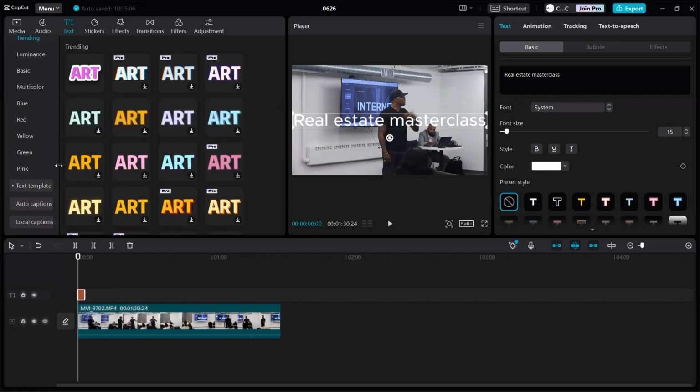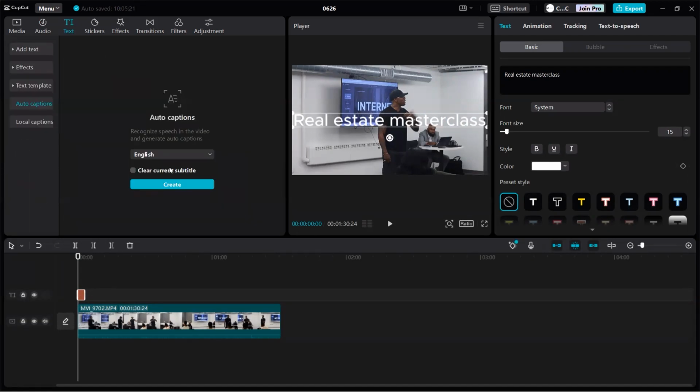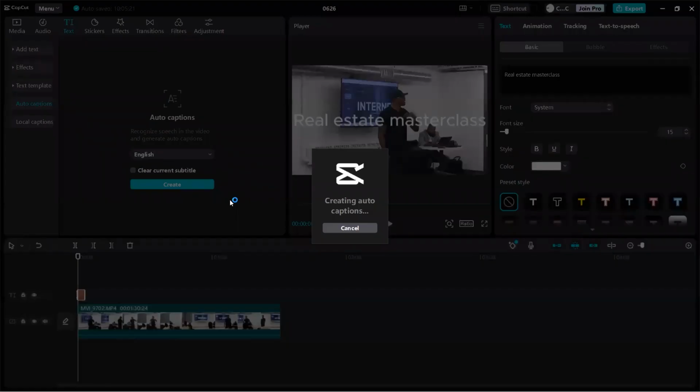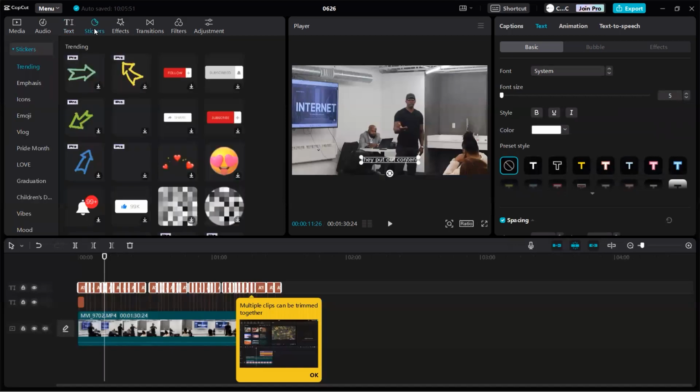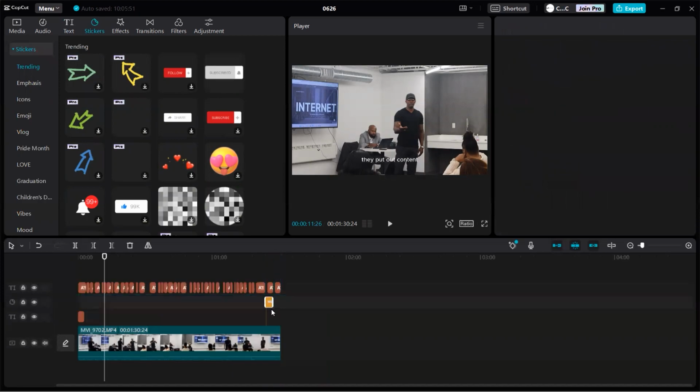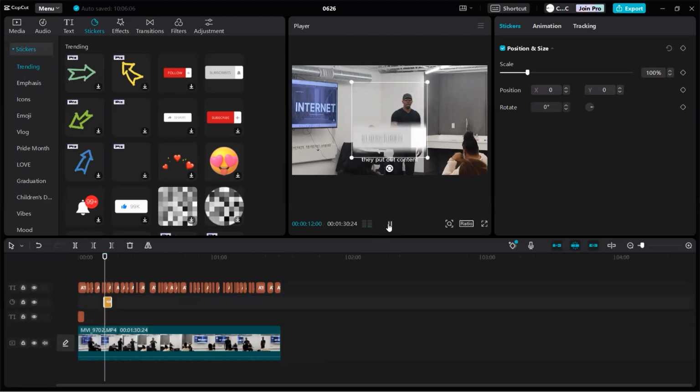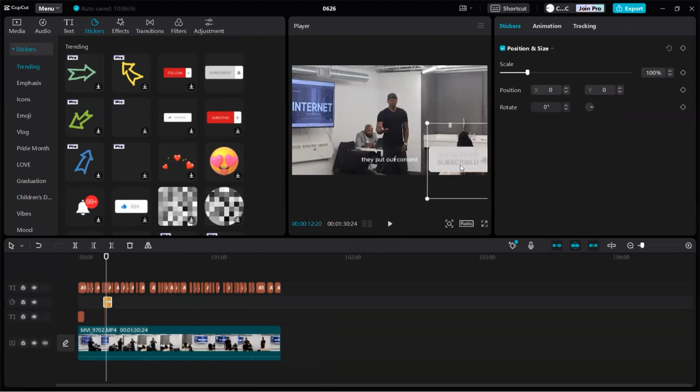One of my favorite features of this app is it has auto caption. So you can just automatically create your captions and it will generate them for you, so you don't have to manually go in. And then they have little stickers. So, if you have a YouTube channel, you can add the subscribe button. I just updated the app, so ignore all the little notifications in there. They have a little subscribe button that you can put on the side,